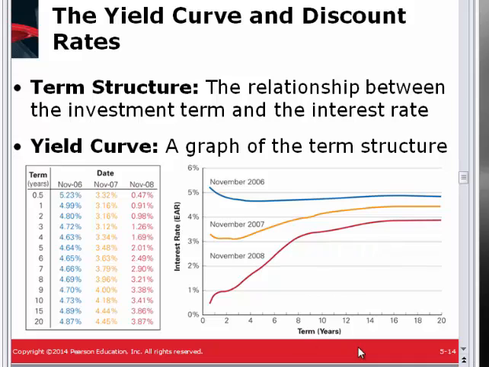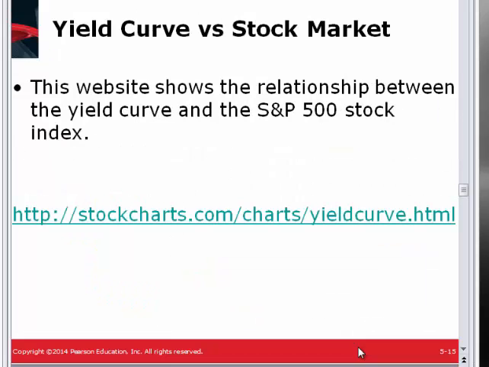So the question we have is, how are these interest rates created? First of all, what is this a picture of? This is a picture of the risk-free rates of return, the returns on Treasury securities over time, but they're looked at on a specific day. We can go to a website and see how this ultimately